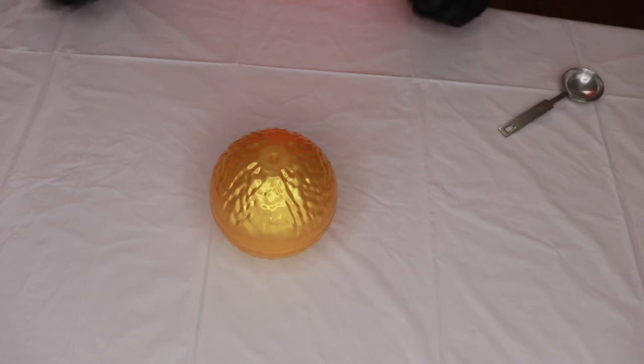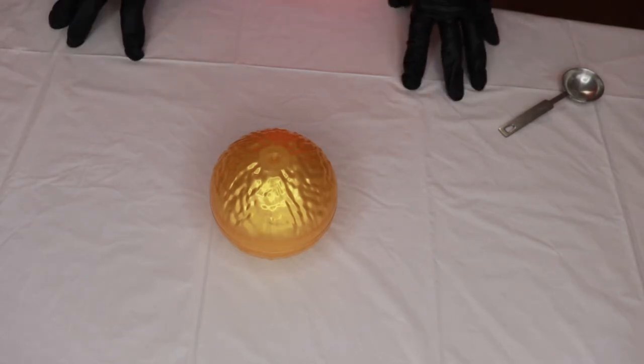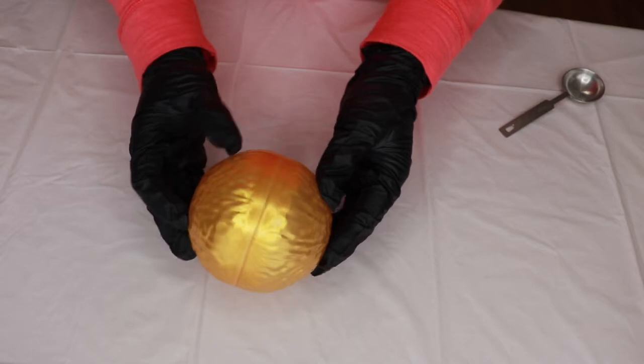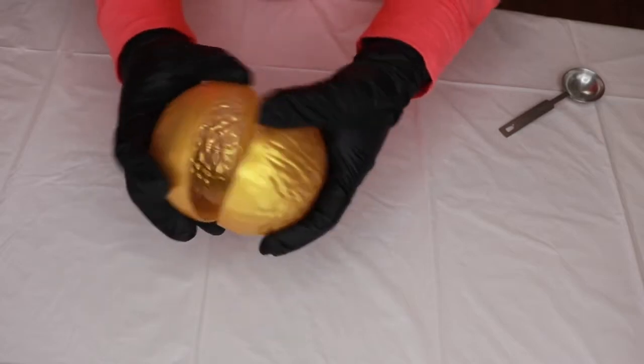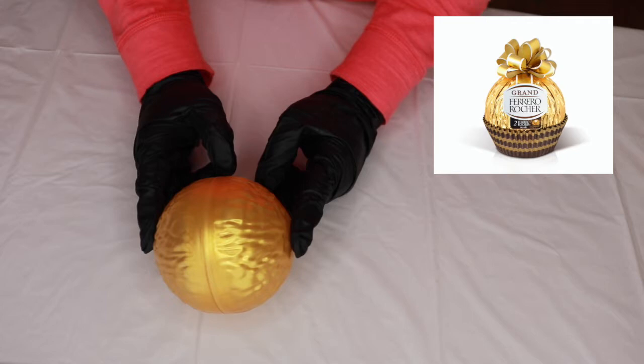Today we'll be continuing the Valentine series. In today's video, we will be making Be My Balm Bath Bomb. For today's bath bomb, I will be using this giant container as a mold. I've had this for a couple of years. This comes with some chocolates inside. You can usually find these during